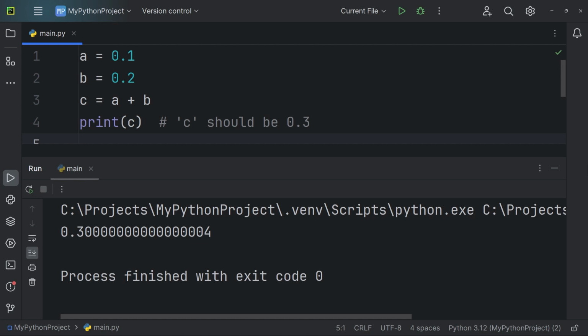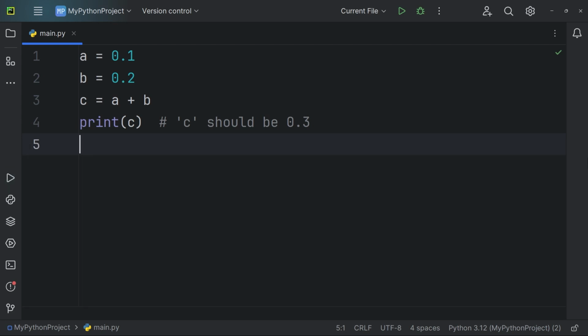For example, the result of the sum 0.1 plus 0.2 in Python does not exactly equal 0.3. This happens because Python can't precisely represent numbers like 0.1 and 0.2 in its binary system. Python has to store these decimal numbers in a way that is not completely accurate. So, when Python stores these numbers, it has to round them off a bit, which creates a tiny error in